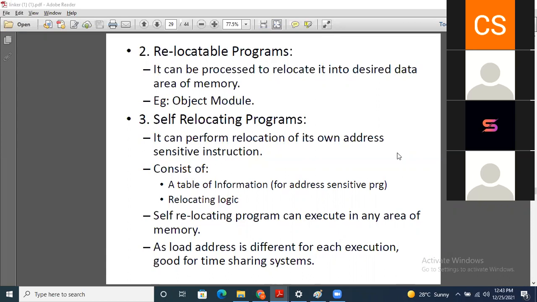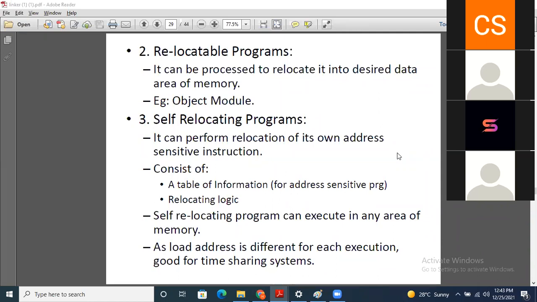So this is the third type of program, where the relocation is performed on its own address sensitive instructions. It can perform the relocation on its own address sensitive instructions, and that is called a self-relocating program.